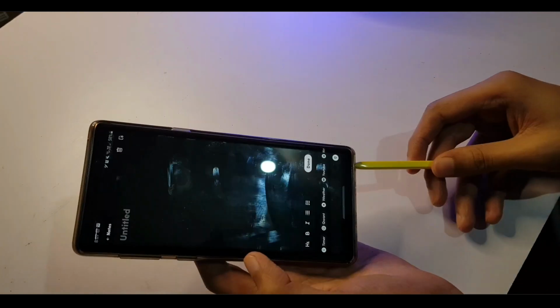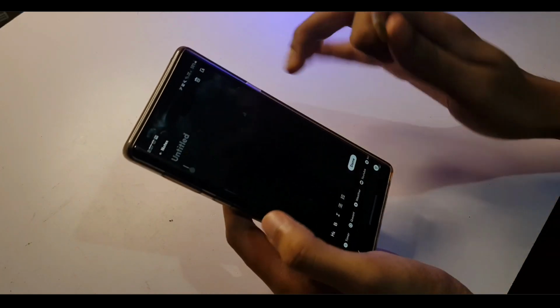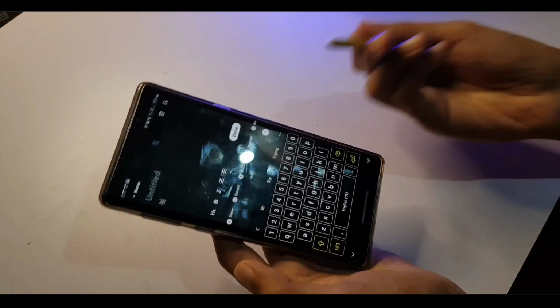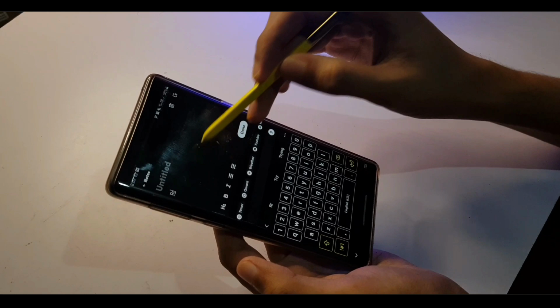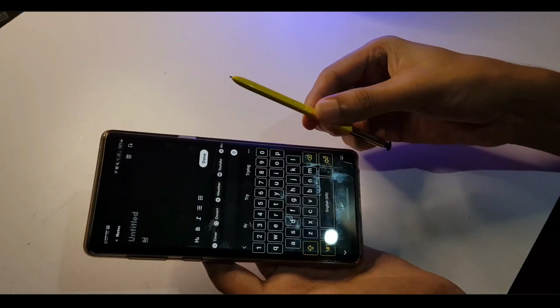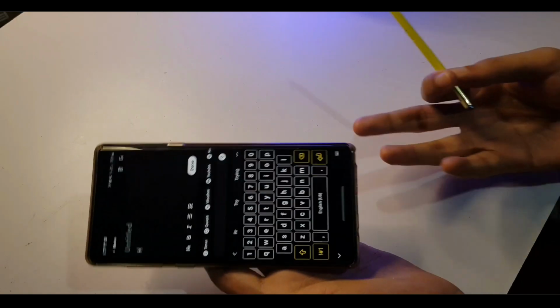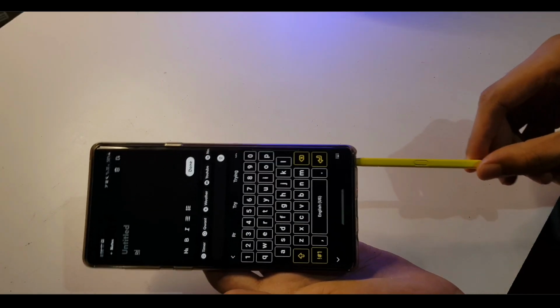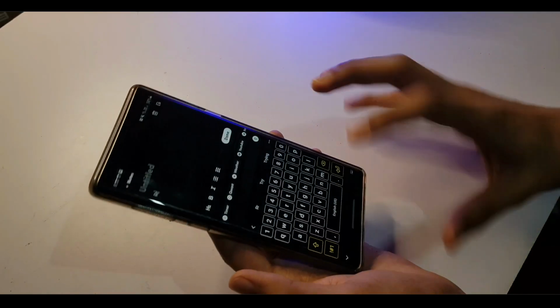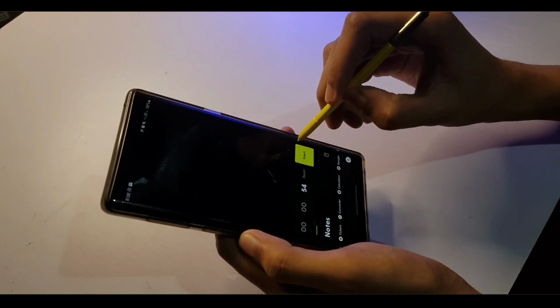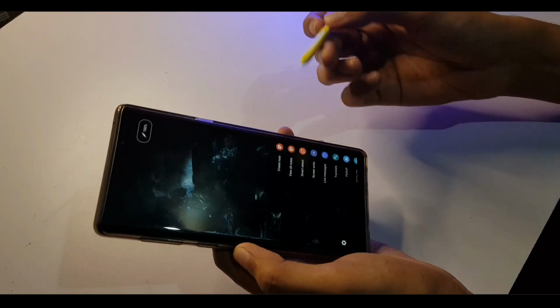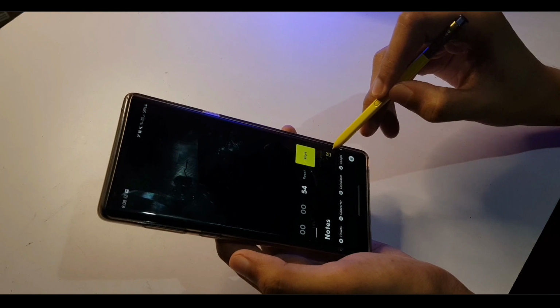A couple of other things, like there's a notes thing, so you can quickly take a note here. Now, unfortunately, it only supports keyboard input, so it would have been cool if they allowed some kind of S Pen based input, for phones like mine, which has a dedicated stylus like this. But this is meant for general phones anyway, so not all phones have a smart stylus built into them. So I guess it's fine. I mean, I already have plenty of built-in options with the Galaxy Note anyway, so this will be a useful